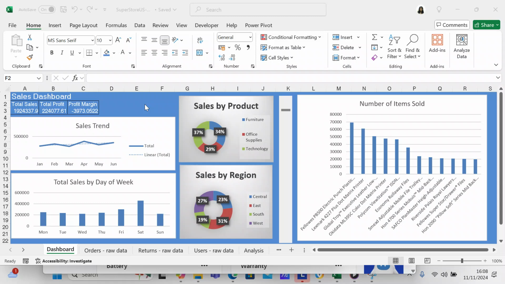Then we have the number of items sold. It's a column chart with the highest number of items sold at the top, decreasing down to the lowest number of items sold. You can see that the Fellows PB500 electric punch plastic is the highest selling item, and I think it's on about